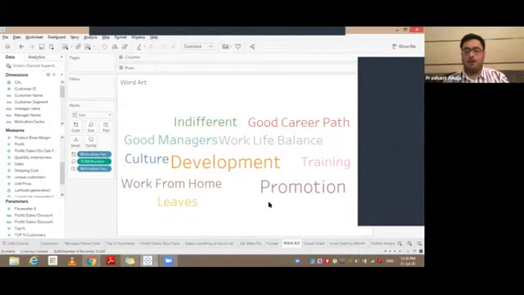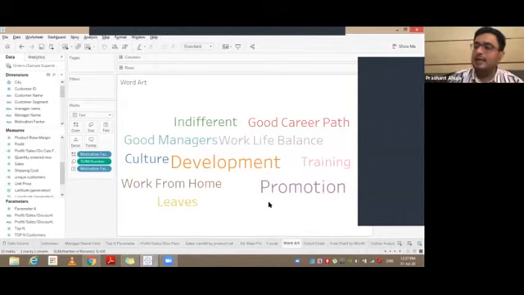Okay. If there are a lot of variables, Tableau would understand that the responses of all the participants do not match each other. Let's say you are the only person who talks about good career path being important for you. Somebody else only says that work-life balance is important, and there might be 1 lakh different participants where the responses are very different from each other.